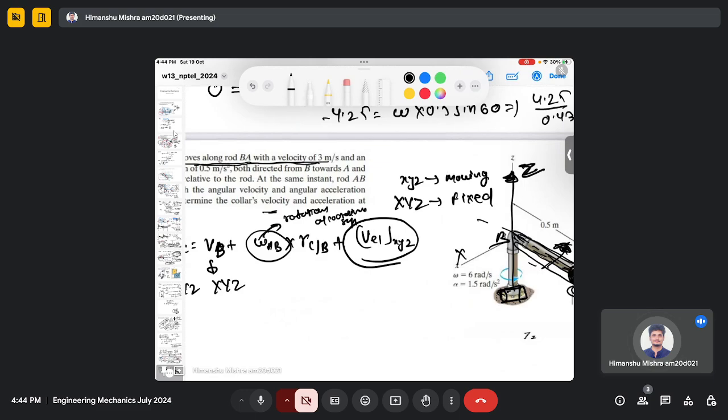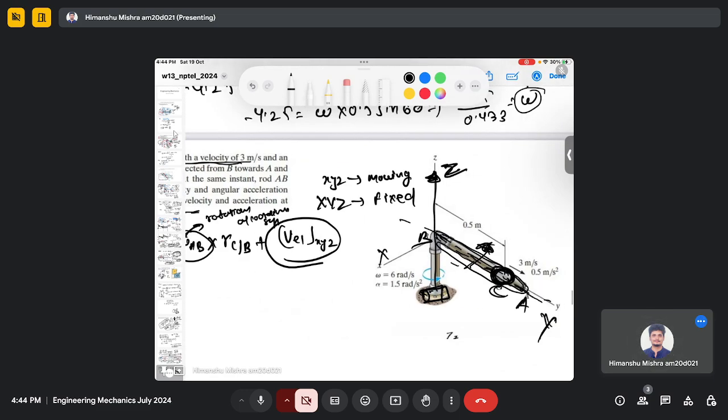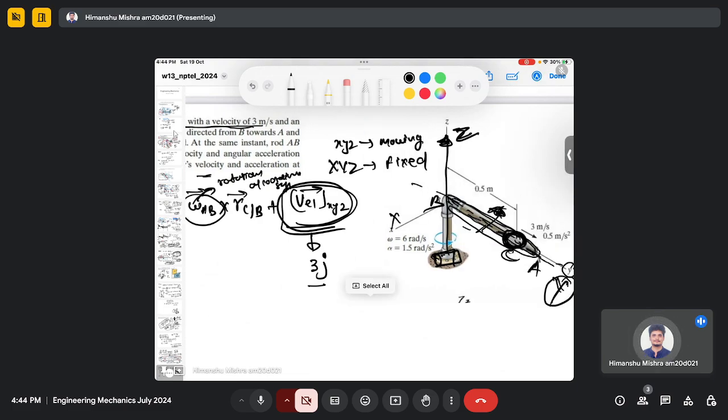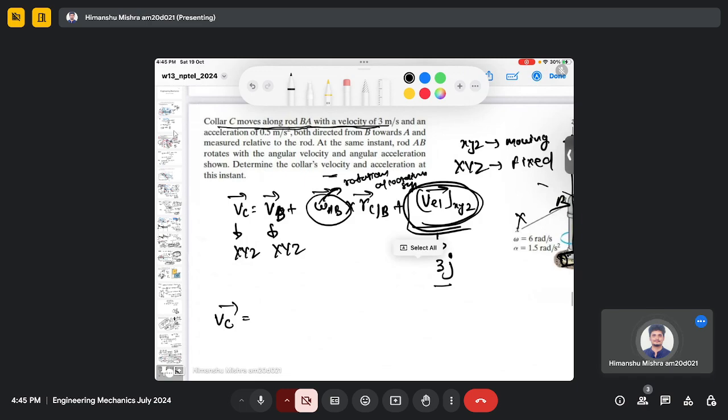So the relative velocity is along small y and capital Y axis. So this quantity you need to write in the rotating frame of reference. So it is given in terms of 3, and when you write down in the vector notation it will be 3j. So if I write down this equation, it is Vc. Now velocity at point B, translation velocity at point B is 0 because it is fixed. It is not moving or translating in any direction, it is only rotating. So the translation velocity of Vb is 0